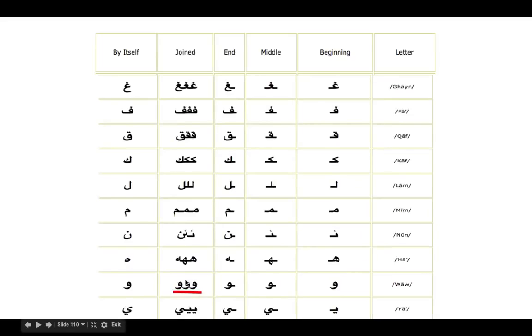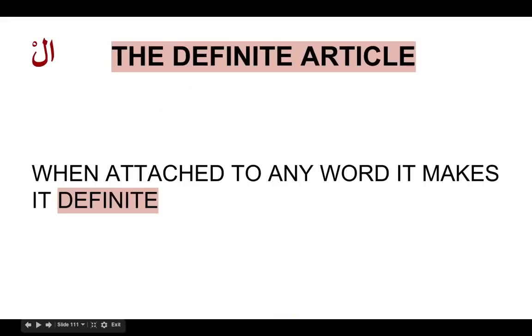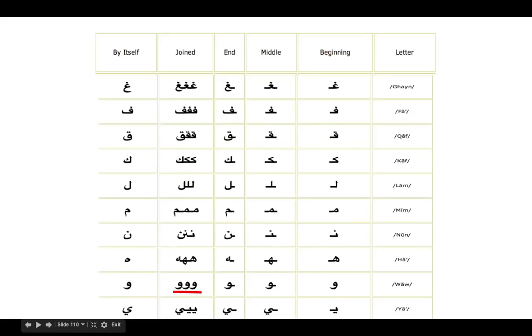So we have Waw here, which is written separately. So no letter can be joined after it. Before it, a letter can definitely be joined, but not after it. So when these letters, for example, the ones we called naughty letters, all behave a little bit